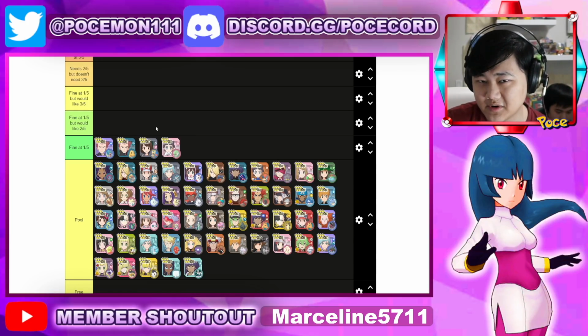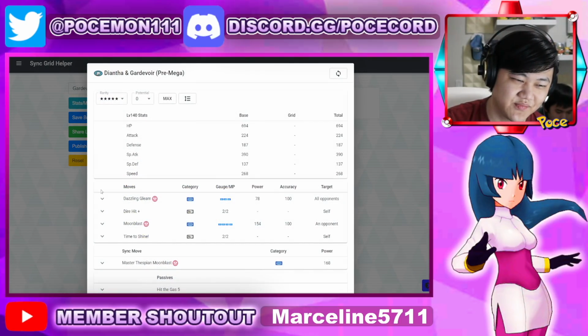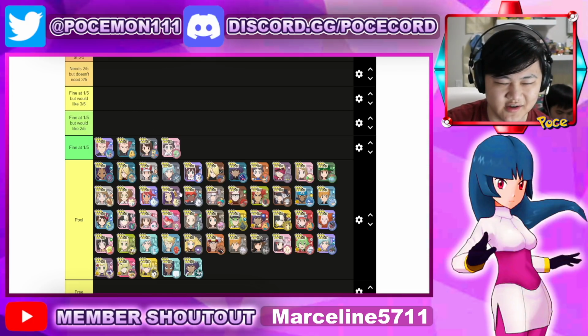Her big damage is just from her straight up hyper beams, right? Or not hyper beams, but Moonblast, which is basically a fairy type hyper beam, right? Kind of, not really. It's not as strong as a hyper beam, I don't think. I don't know, whatever. Moving on,